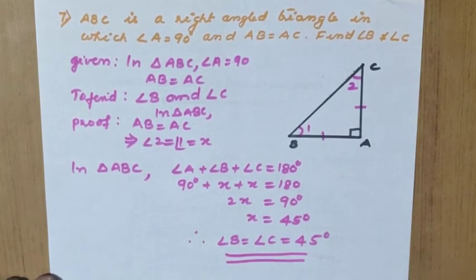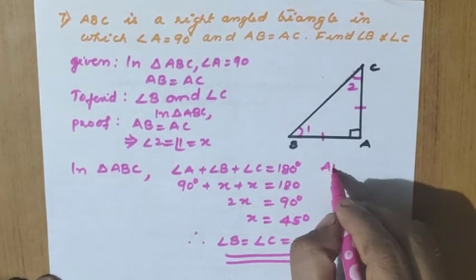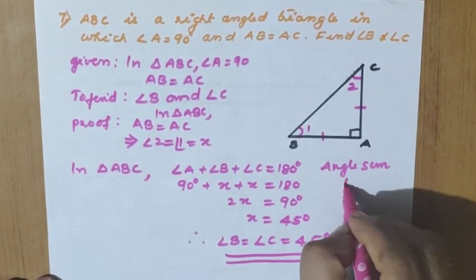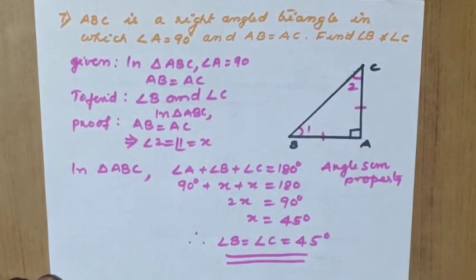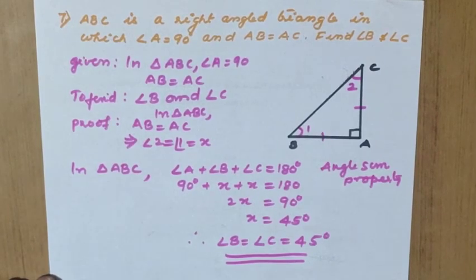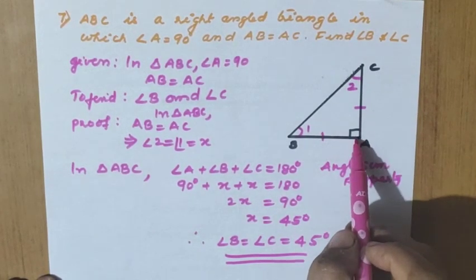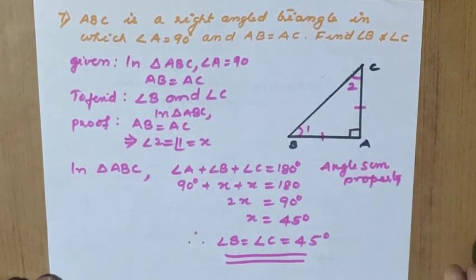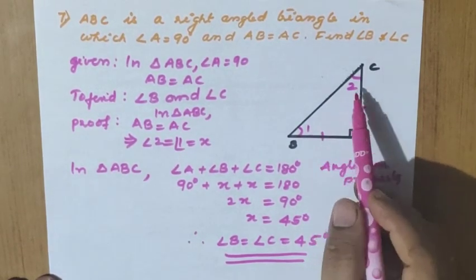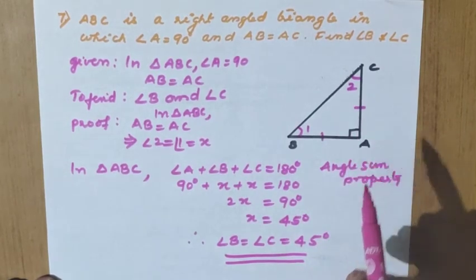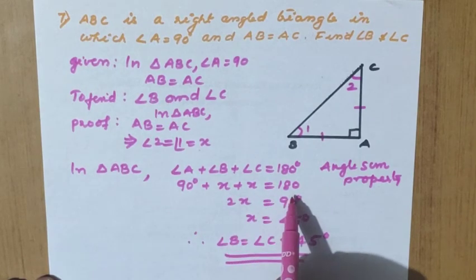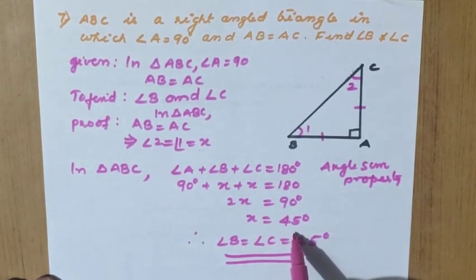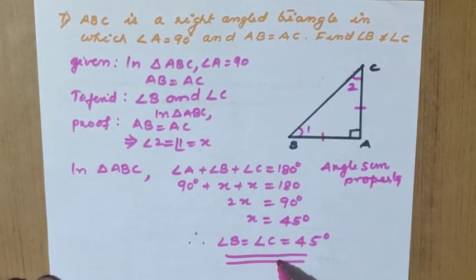Very simple question. Angle sum property only. Here I should write the reason, angle sum property. So what is given in the question? Angle A 90 and it is an isosceles right angle triangle, isn't it? It's isosceles triangle at the same time is a right angle also. So this is 90 means we already know that 1 plus 2 is also equal to 90 only. But 1 and 2 are equal because of isosceles triangle property. So we have taken as x. Angle sum property we can write that 90 plus x equal to 180. That means x equal to 45 degree. Therefore angle B equal to angle C is equal to 45.